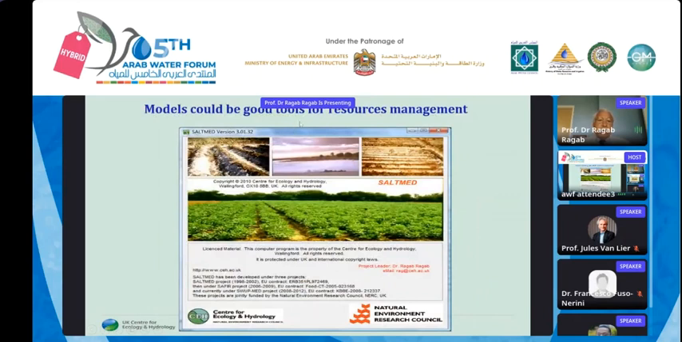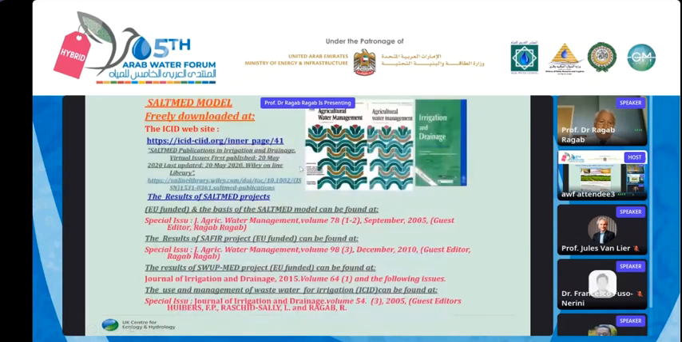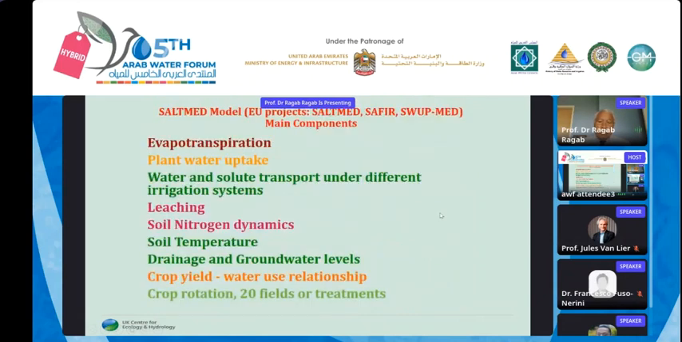Models can also be good tools for resources management. And there is a model here I developed myself. It's called SaltMed. It is available at the ICID website, or you can go to Google and download it. It's a free download. And we have also a special issue about the model, with so much information about the model. It can also simulate all these processes from evapotranspiration to drainage to leaching and to the yield and